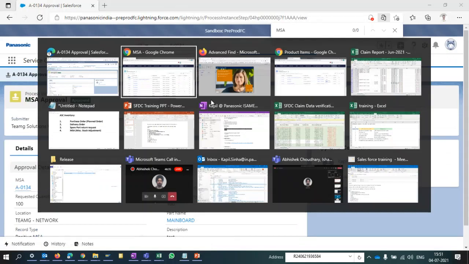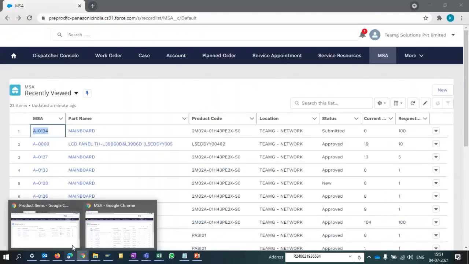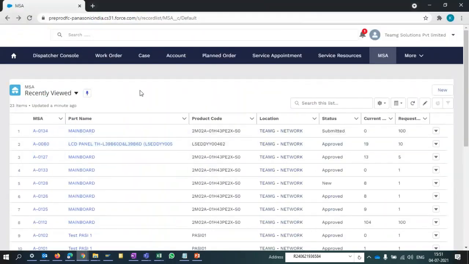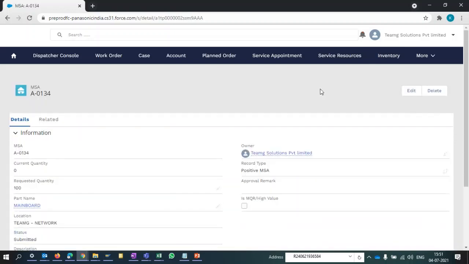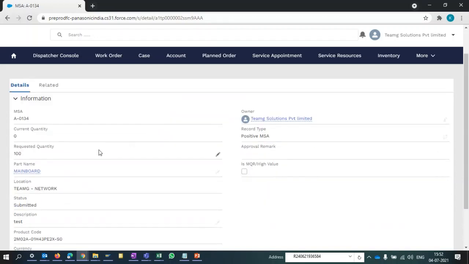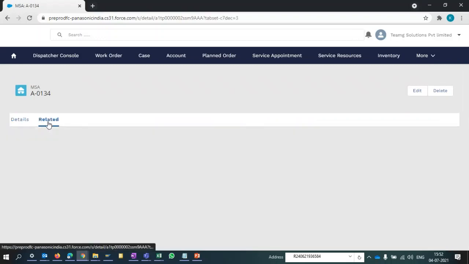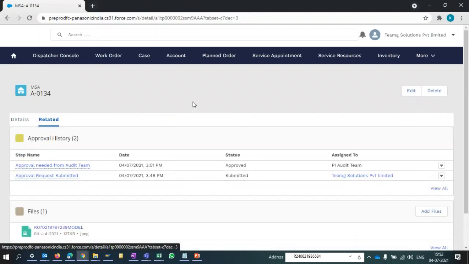Okay, so let's come back to the ASC inventory. So okay, this is the MSA. Let me open this MSA. So now the status is approved.